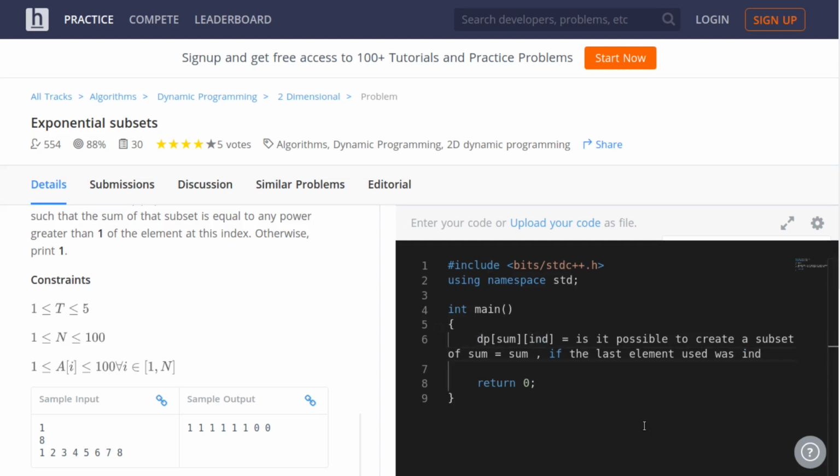So it would work in this way: suppose you have picked up any element, let us say 5. Now you can pick up any element to the right of it, but you cannot pick any element to the left of it, similar to the previous one we did. And if it is possible, this value will be 1. If it is not possible, this value will be 0. You know that either an element will be present in the subset or it will not be. There are only two cases here.